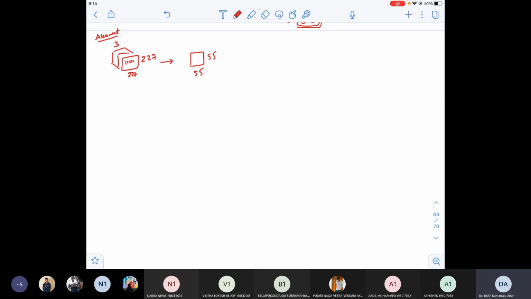Let me be very fast and draw very small-sized versions of these. So this is 227 by 227. Okay, and I'll have 3 input channels. Depth is 3, and I'll apply an 11 by 11 filter. This is AlexNet. First, I need to draw AlexNet, then I have to draw ZFNet. It will take some time, but I think you're also writing notes along with me. Just draw it, no problem. I'm drawing a small image so that it will take less time. 55, 55. I'm not telling the configuration, please.